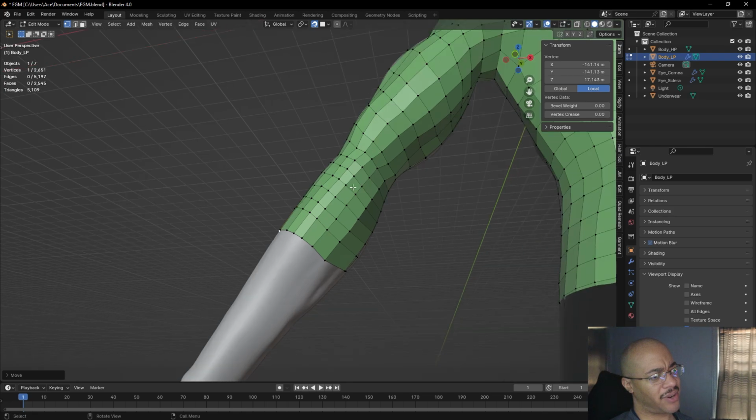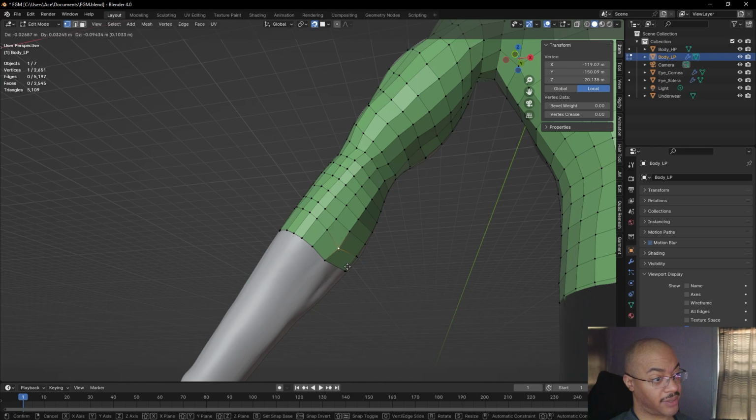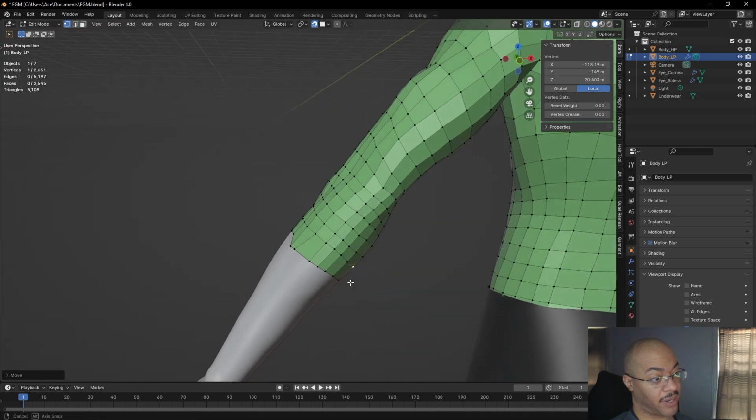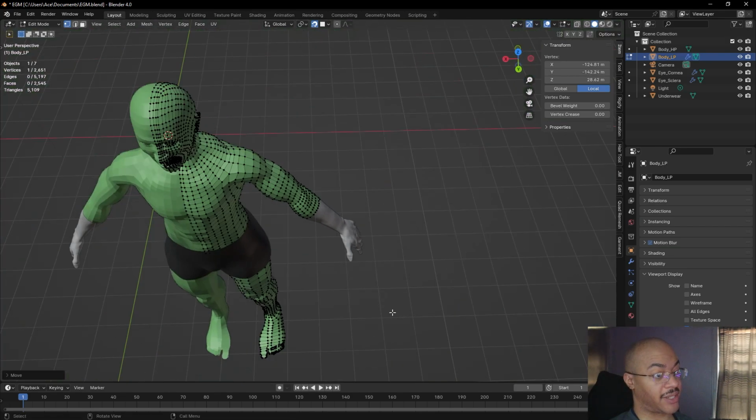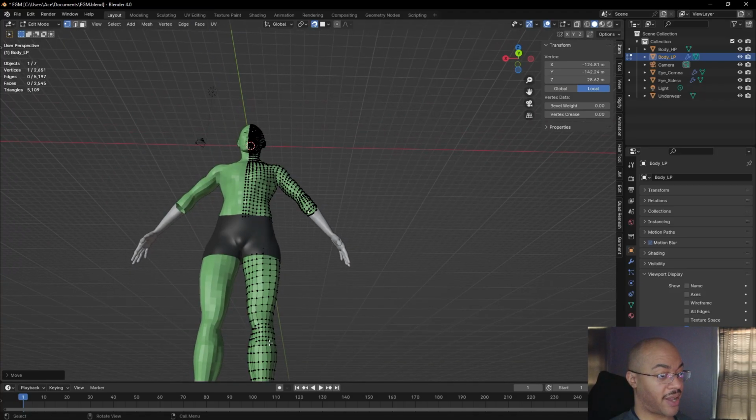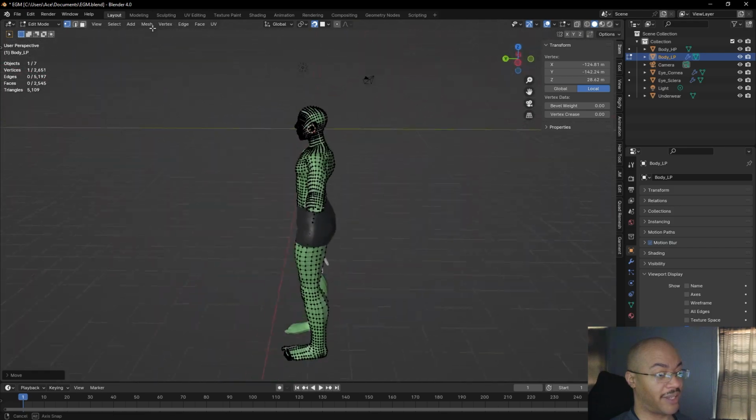Let's see. Okay, I know where it starts. 1, 2, 3, 4. 1, 2, 3, 4. Okay, it's actually 6. 1, 2, 3, 4, 5, 6. Okay, so we can do it like this. Just want that shape there. I'm just arranging it in the way that we did the knees. That's all I'm doing. See how it kind of has that oval shape. Maybe not so much over here, but